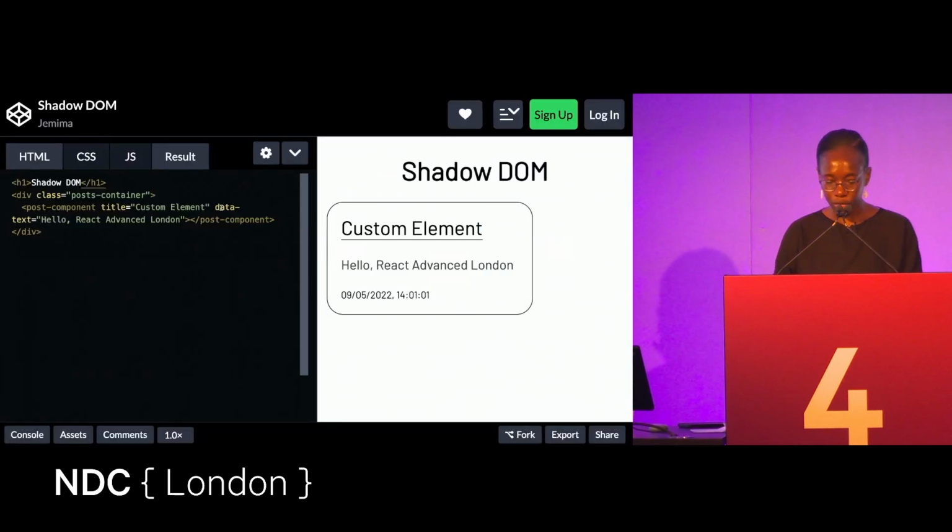All right, so previously we created the post component and we saw how you can pass attributes to the post component. That's setting the title and setting the